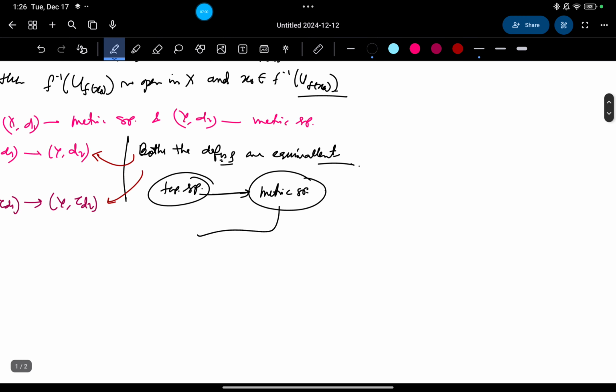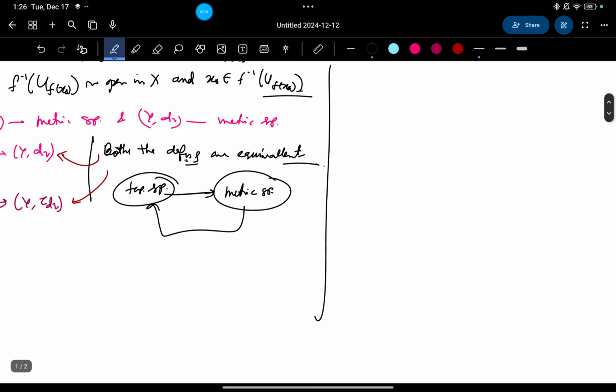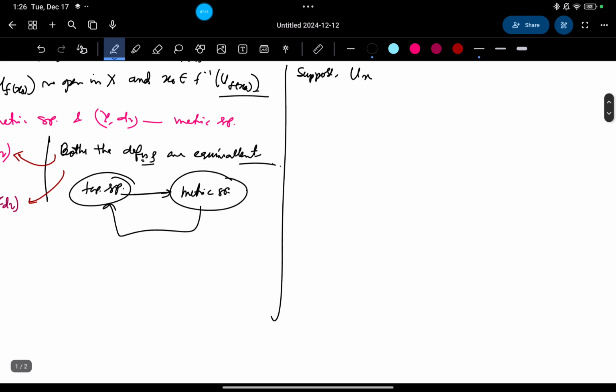But what about the reverse one? The reverse one is also very easy. Suppose u is an open set in y, so then we can write u as